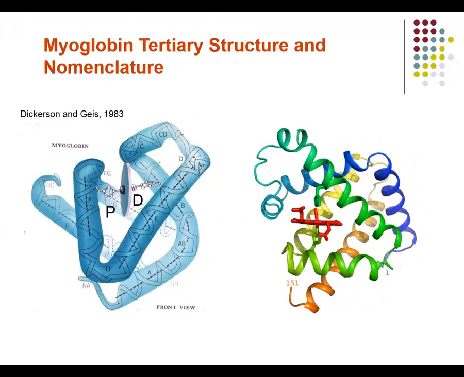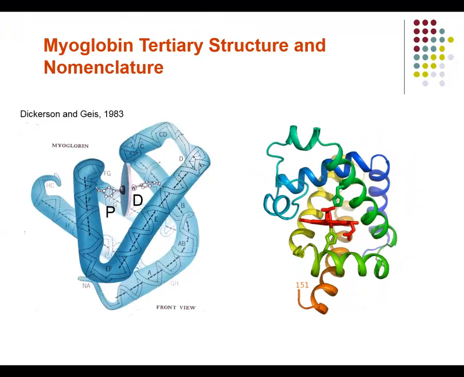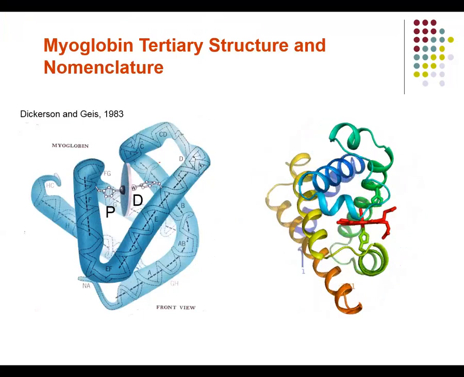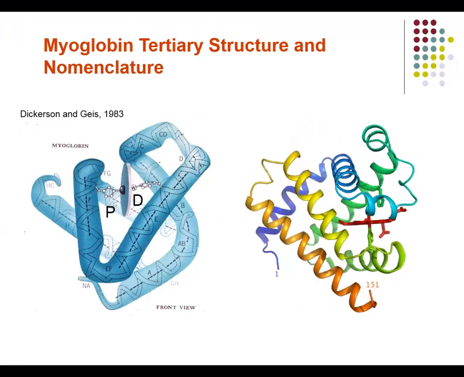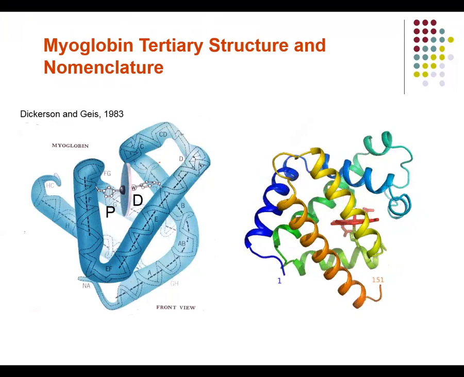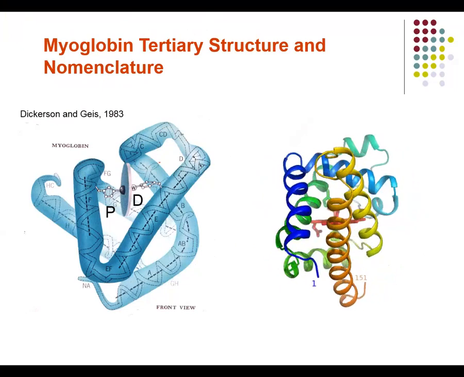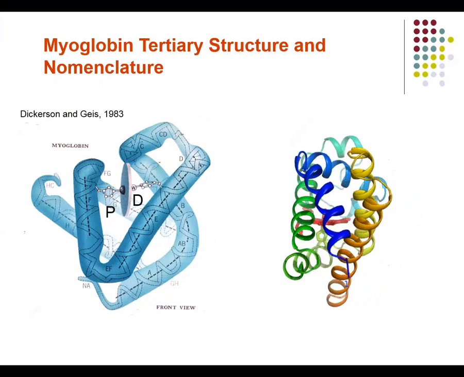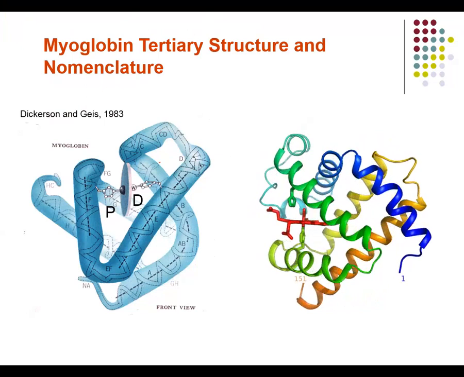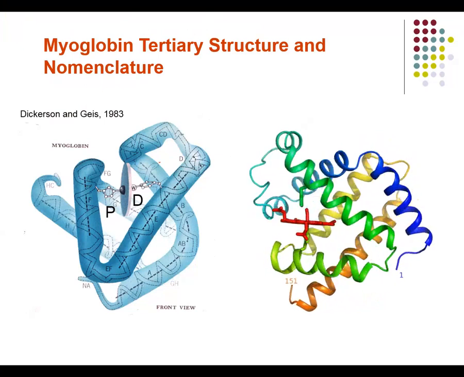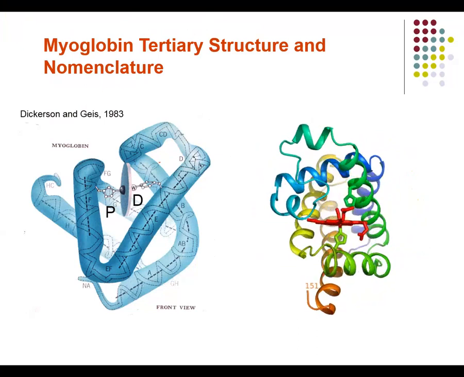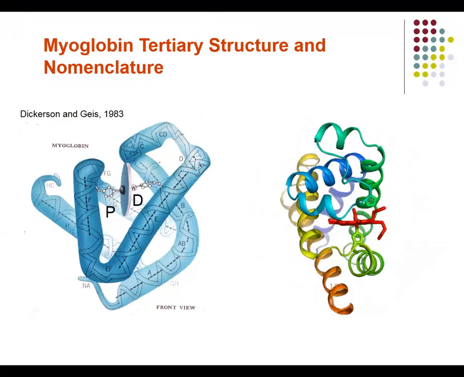Now, amino acid residues can be referred to by their numerical position and by their relative position in the alpha-helical segments. For example, the 8th amino acid in the F helix is referred to as F8, and the 7th amino acid in the E helix is referred to as E7. Now, equivalent globin molecules can be superimposed upon myoglobin such that F8 will always refer to the same amino acid. So in this particular example, F8 is a histidine, which is covalently linked to the heme